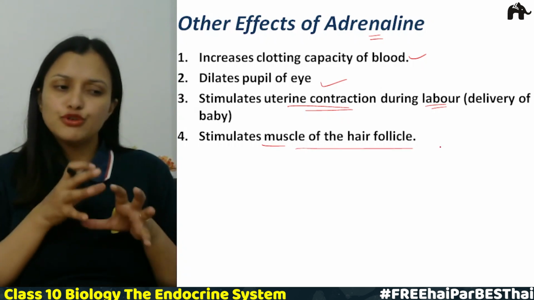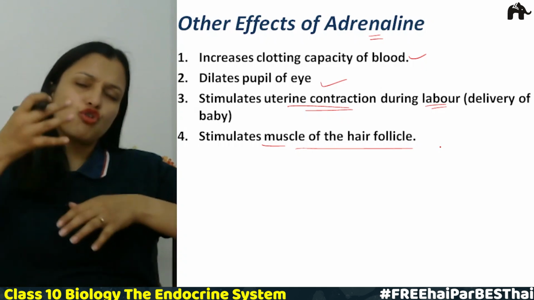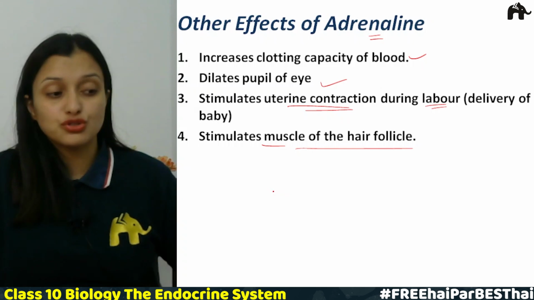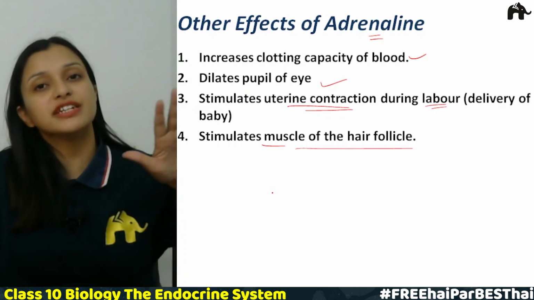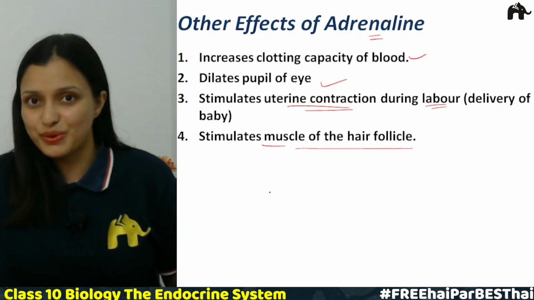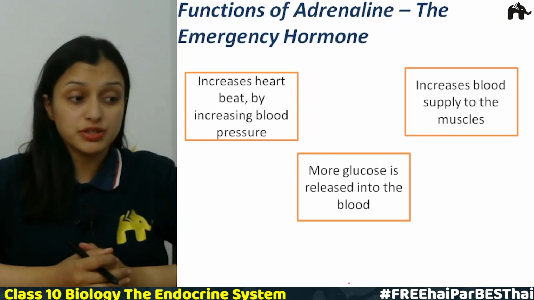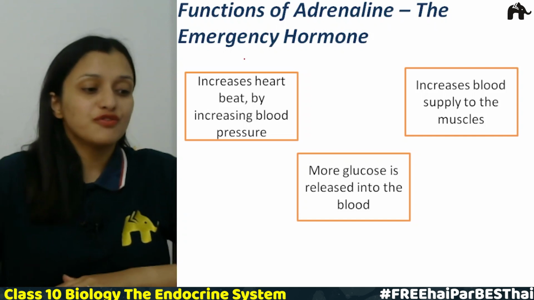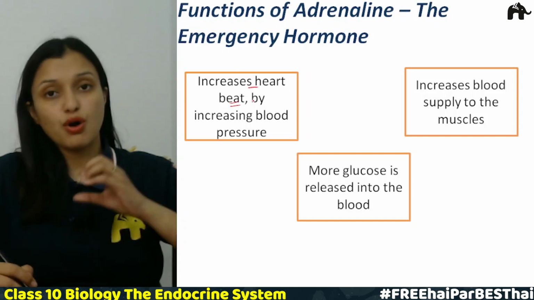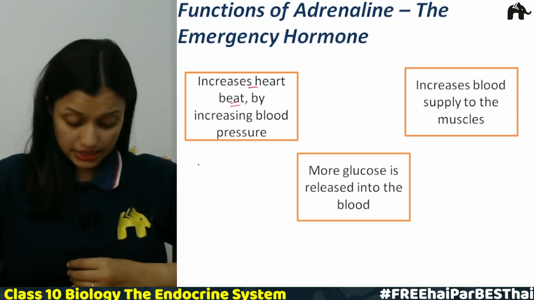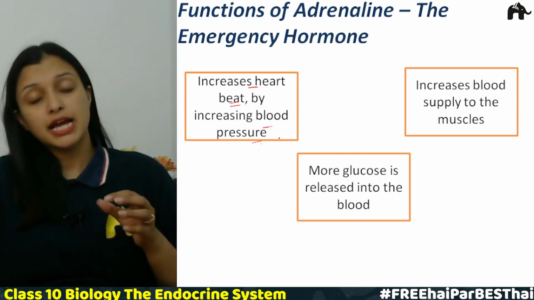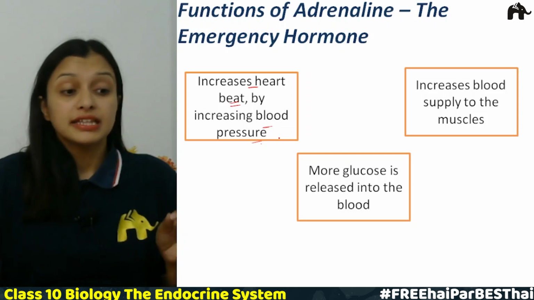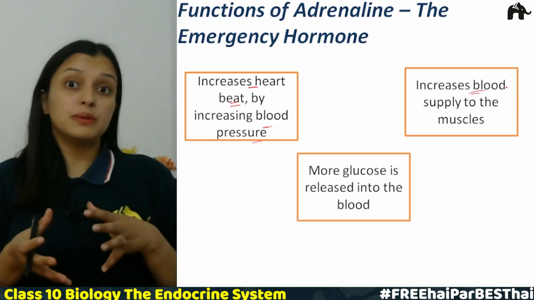Now if you think about all of them and go back to the nervous system, there was the sympathetic nervous system, right? All the functions you have already studied in that part also. Okay, next is the functions of adrenaline, the emergency hormone. What are the different functions of adrenaline? The first is it increases heartbeat. Heartbeat increases by increasing blood pressure, right? Blood pressure will increase, heartbeat will increase, then